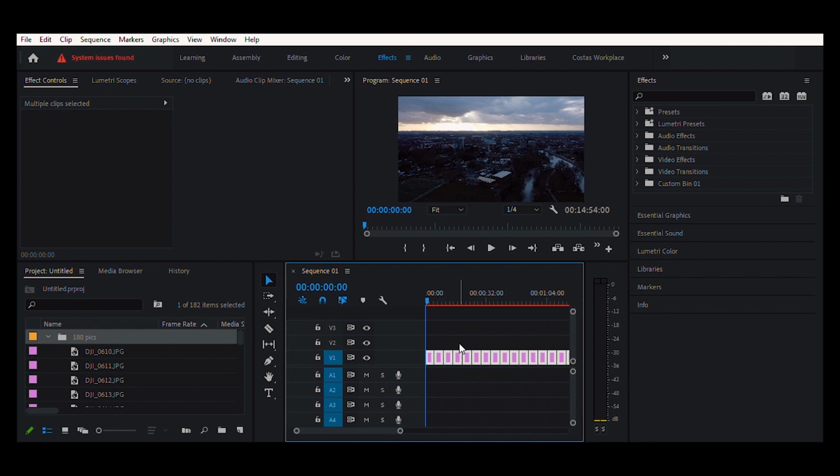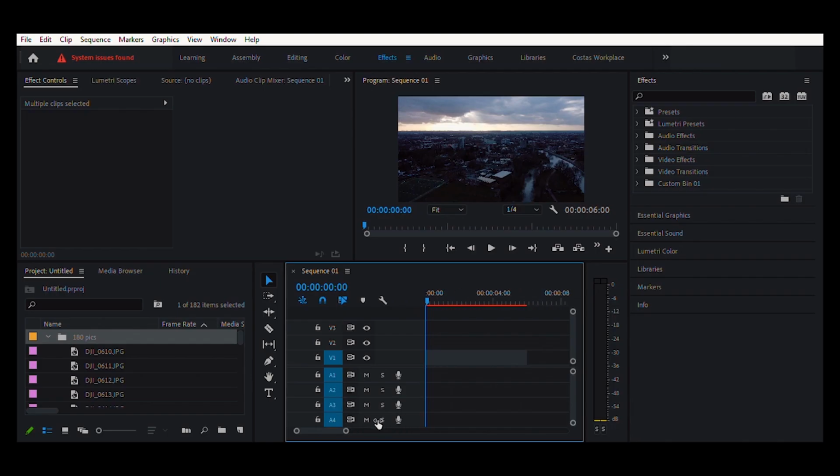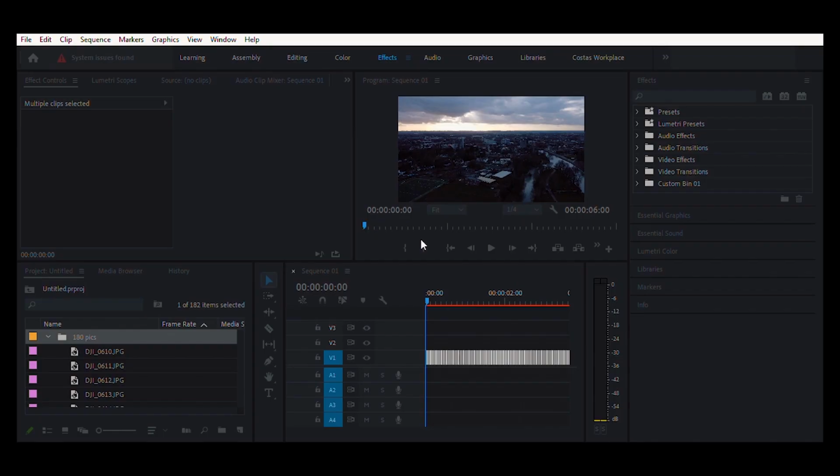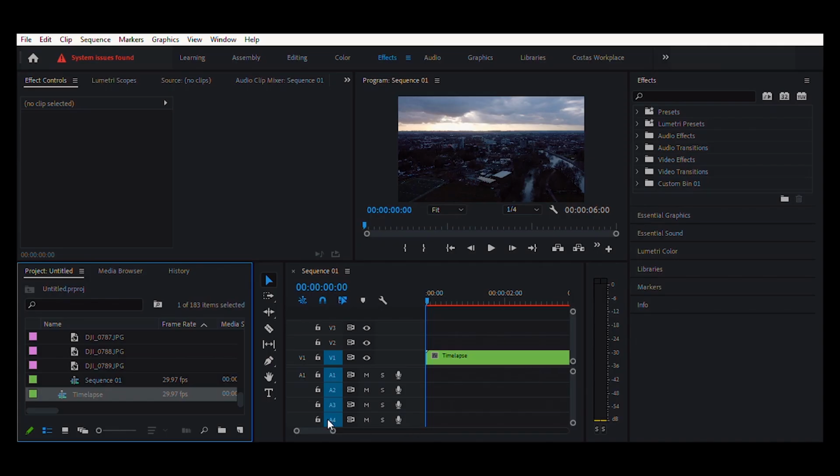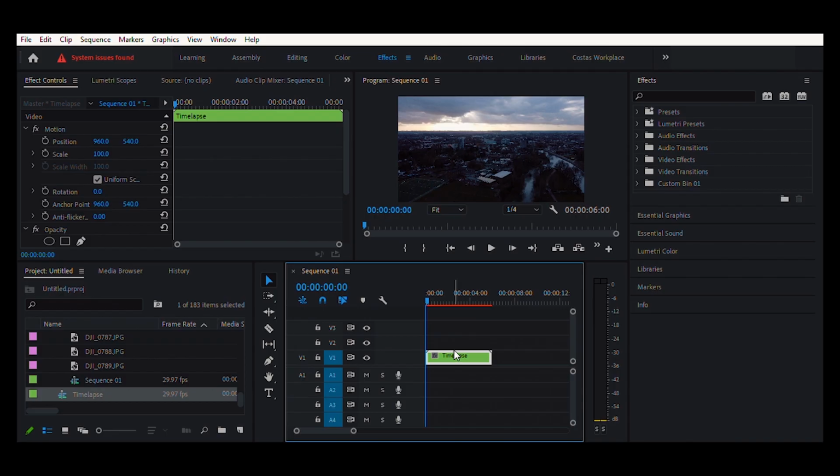From here we press again right click, go to speed duration and change this to 0. So what that will do is this will change it automatically to 1, and then press ripple to remove the gaps in between because there was like 4 seconds gap. So we will do just that, press OK, and now you see the sequence. So from here we will go again, right click, nest, we name it time lapse. So now that is nested, we can add maybe speed, ramps, a stabilizer.